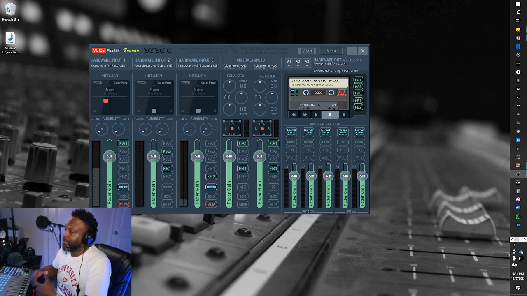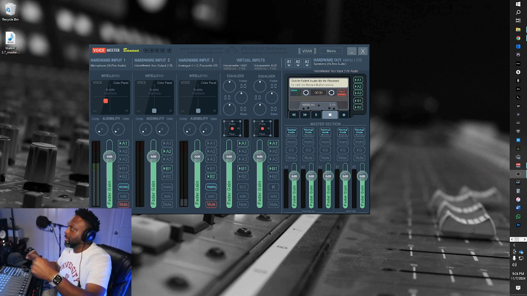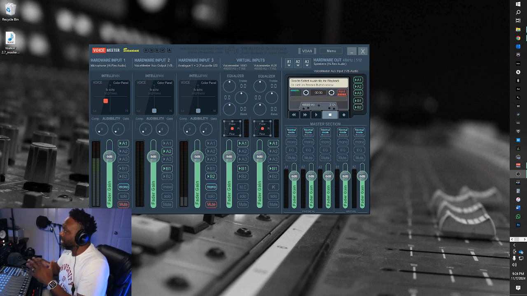We're going to talk about how you can set up your studio system to record your DAW in Studio One, or excuse me, in OBS. And so let's get to it. The first thing you're going to have to do is you're going to have to go